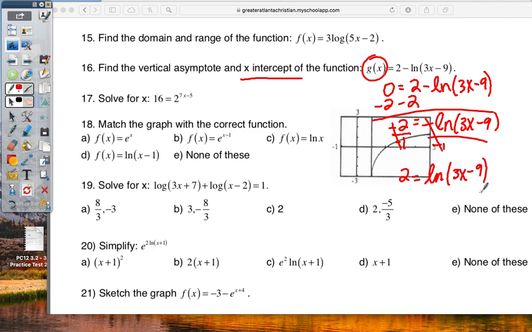Now what do we do, Claire? E. E, there we go. So we do e. We got to do it to both sides, right? And e to the ln on the right side cancels. So now we got e to the second equals 3x minus 9. Well, the rest is history, right? Because now we do e to the second, get that answer, add 9, and then divide by 3. Good. And that's your x-intercept. That's just good for solving because we could have one like that tomorrow, kind of like